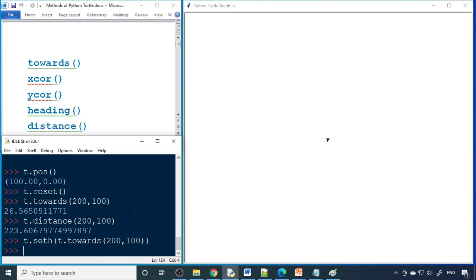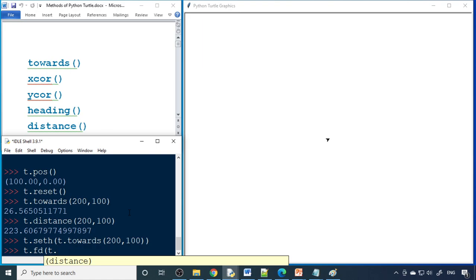Next, it should travel to this particular location. So therefore, you can say t dot go to. So here, you have to use the forward, fd. It should go in that direction. So how long it should go?